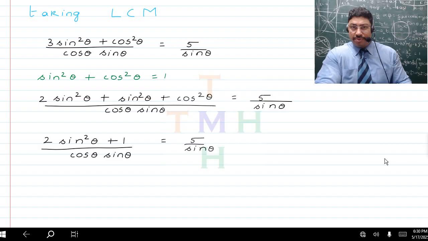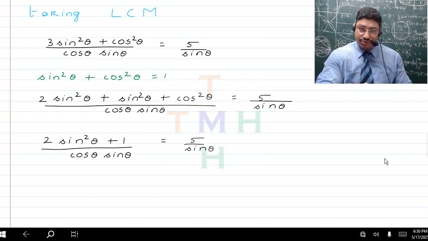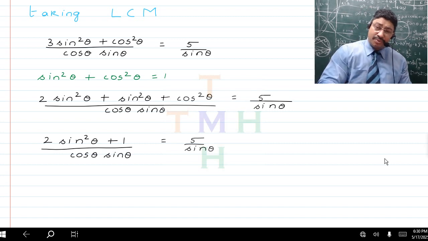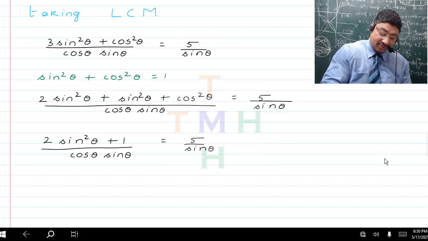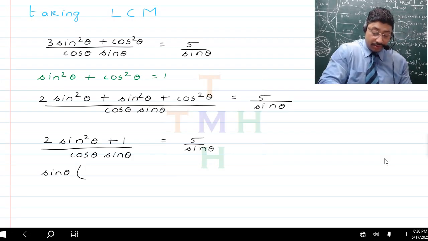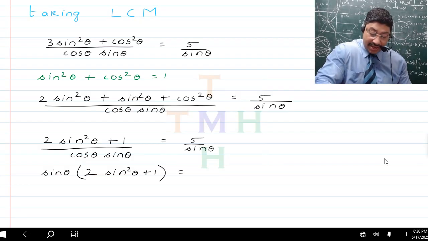Now I'm sure you people must be having a pop-up in your head: why not cancel off the sine theta, why not cancel off the sine theta? No, don't do it. I'll show you why. Now the next step is cross multiplication. So when we cross multiply, we will bring everything to the left hand side. So we will now have sine theta multiplied with 2 sine square theta, and to that is to be added 1, and on the other side we will now have 5 times cos